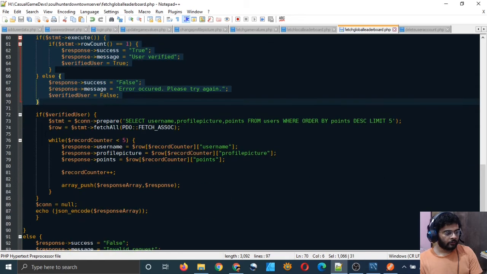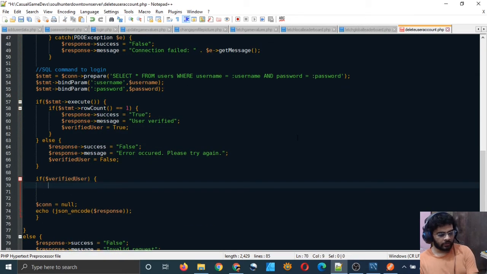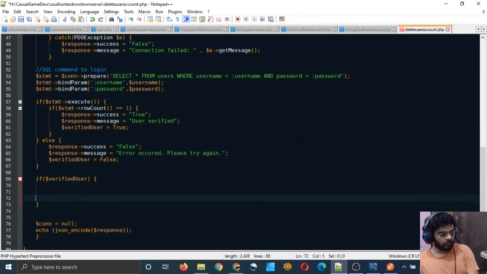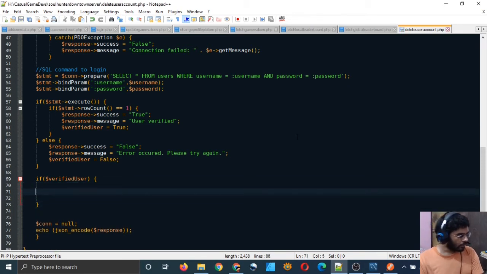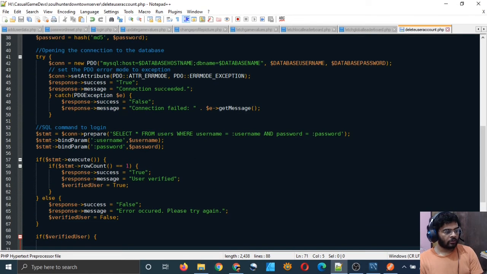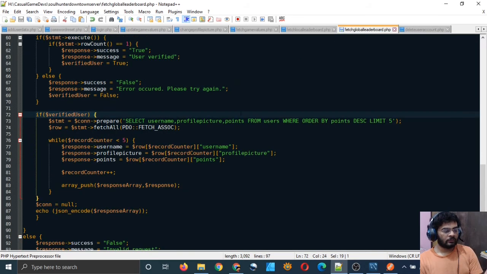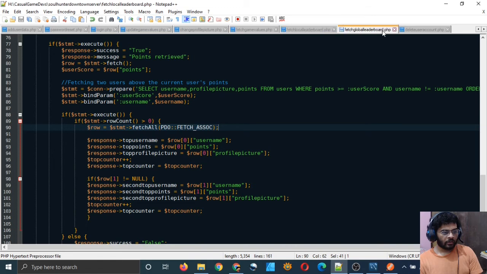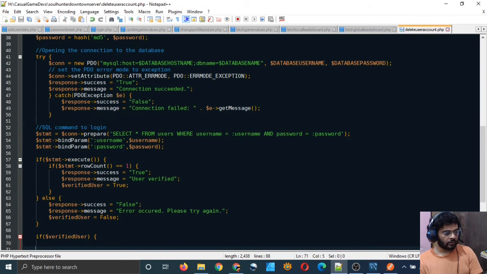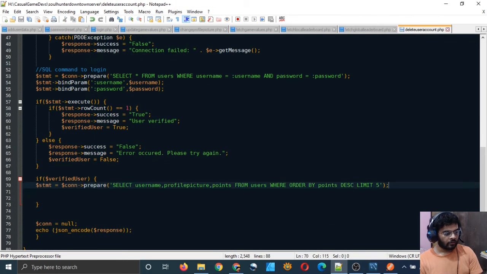And again you have to get this if verified user statement and put it here and close this also, so that there is no confusion. And inside this statement we have logged the user in, so we know that this is the authentic user, and now simply we will delete their account. Just get this statement, I mean copy this, copy that only, there is no point in copying anything else. Just paste it here,